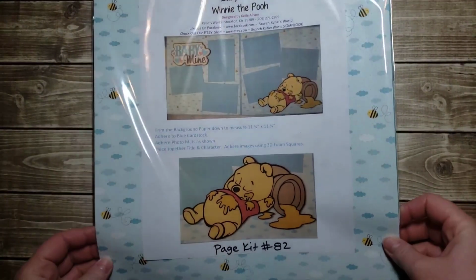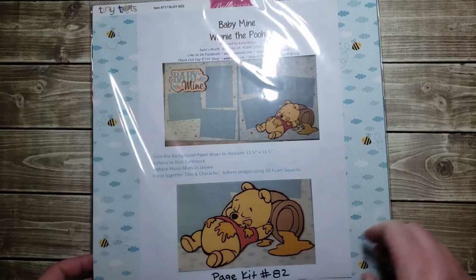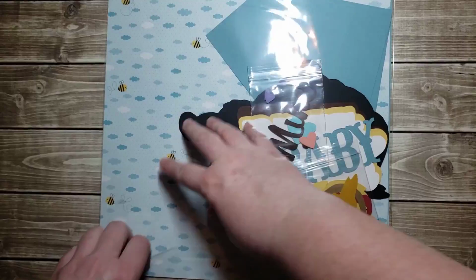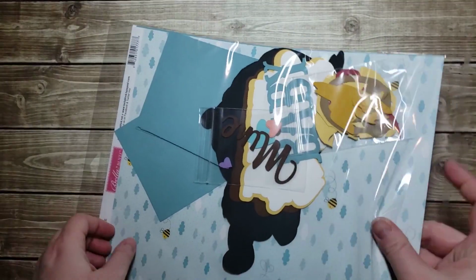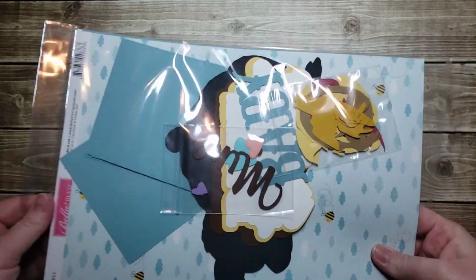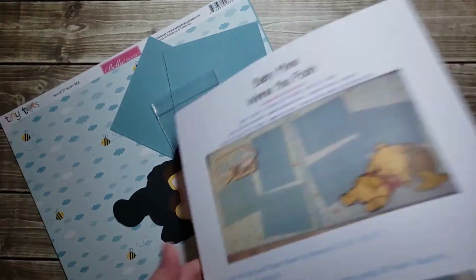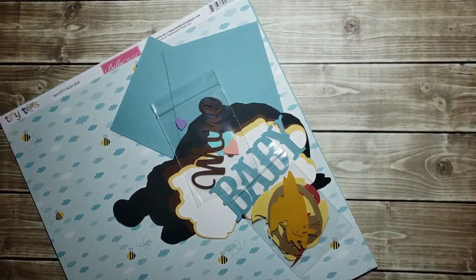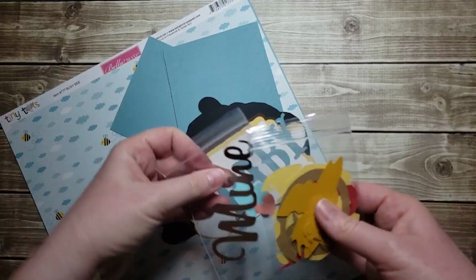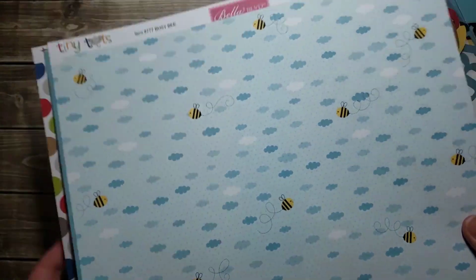So this is what comes in your kit. Your kit will come to you like this. You get full color instructions, and I'm going to open it up here for you. Okay, so those are the instructions you get with your kit. You will receive